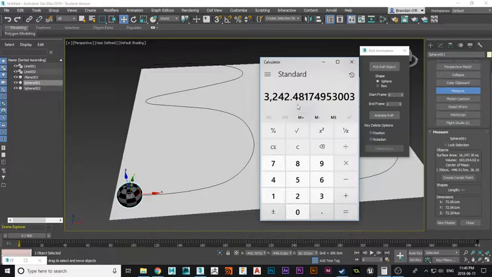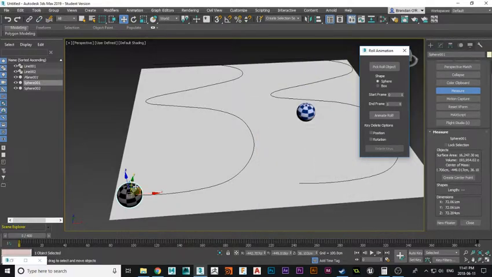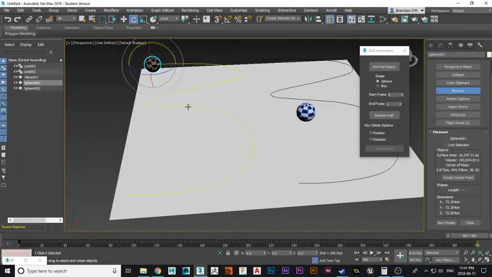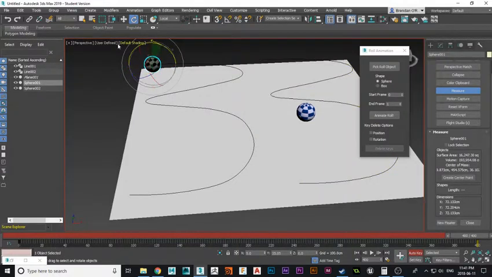Luckily I've already done that, and this is how many degrees it has to be. And you can check my math if you want, or you can just wait until I copy this number into its Y rotation slot and see that it rolls nicely. Okay, so I'm just going to go to the end frame here, switch it into my rotation controllers, make sure that it's on local, and I'm just going to give it a turn. Oh, actually, I'm going to set auto key on first and give it a turn, and